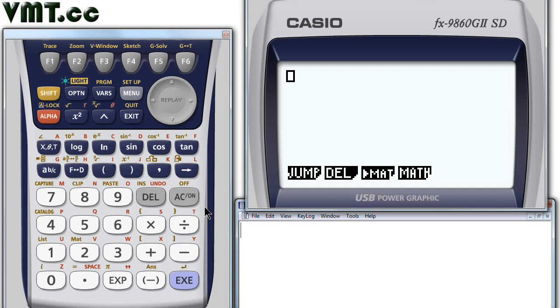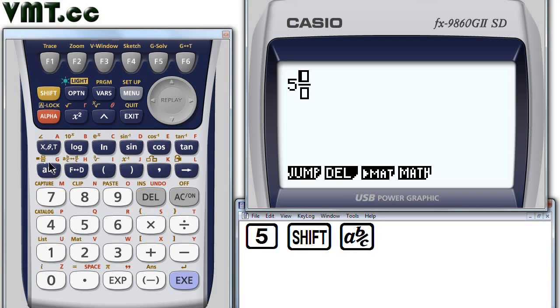First, input the whole number portion of your mixed number, 5. Then press Shift and then the fraction key. That will give us a mixed number. Now type in the fractional portion of your mixed number: 1, right arrow or down arrow, doesn't matter, and then 3. Let's get out of our mixed number, right arrow,